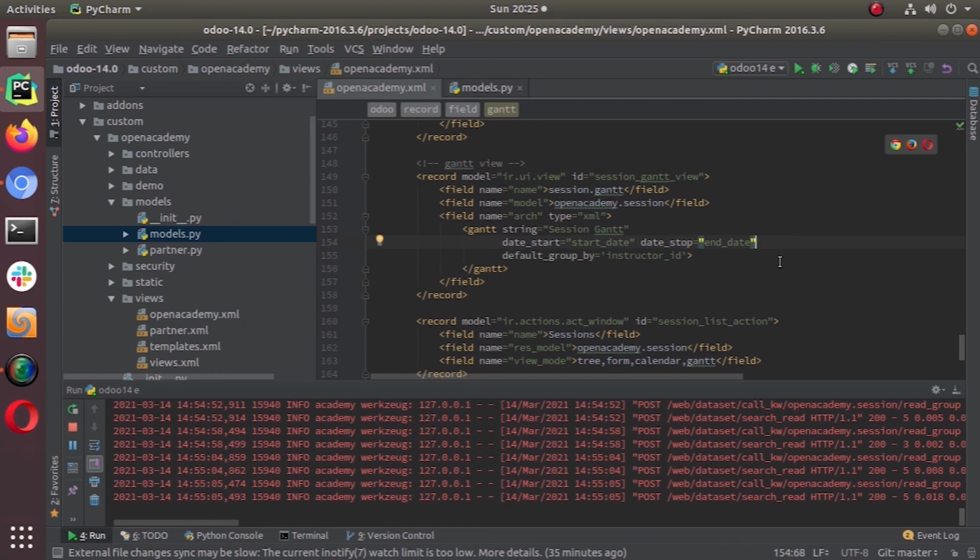There are other attributes that we can use for advanced purposes, like you can give a color. So just like, sorry,